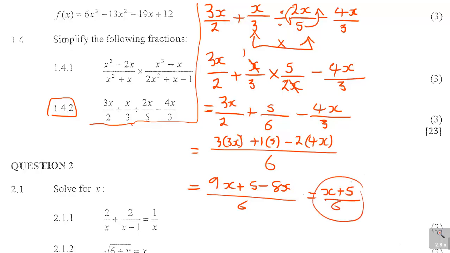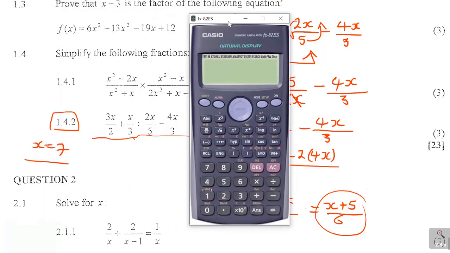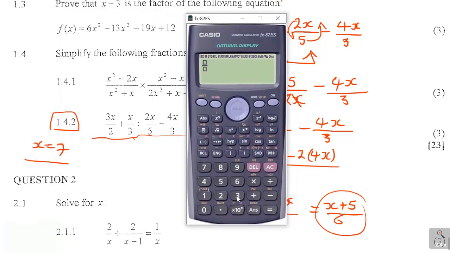So you see, this is the final part. I also test my answer, just like I did previously. Choose any value of x. For example, we can say let x be equal to 7. So we see what we get in the initial question. This is 3 times 7 over 2, and then I've got plus